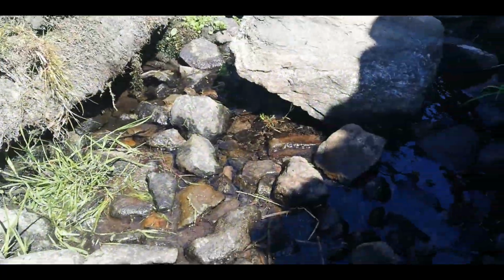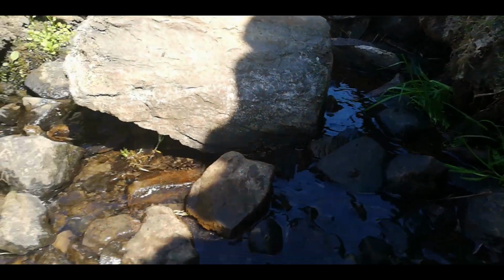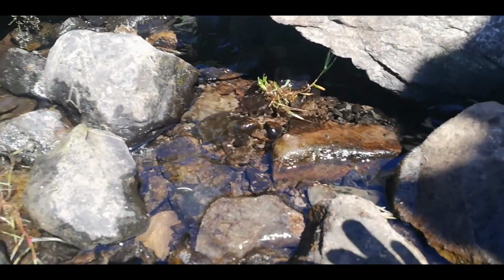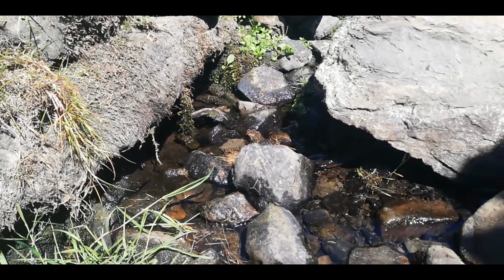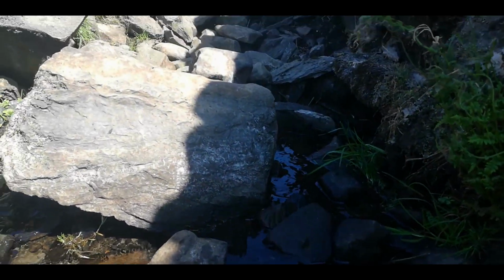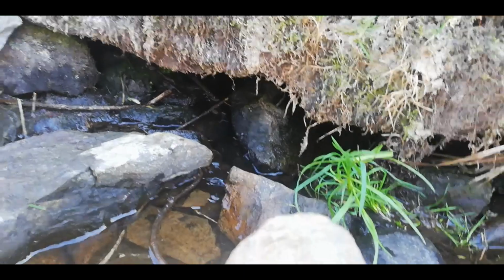So this is the spot that we've found where the Winster actually comes up out of the ground. So this is one of the true sources of the Winster. Obviously there's a lot of different sources, and this comes from that wetland which you've just seen in the other field, and it flows through that hole there and goes underground a bit more,